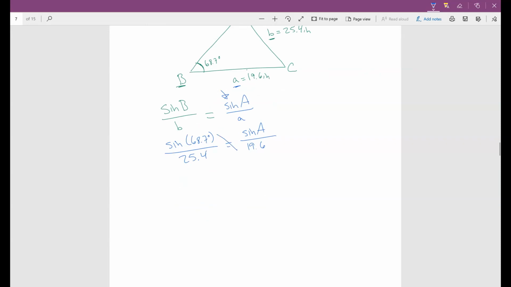Now we're going to cross multiply. We have 19.6 sine of 68.7 equal to 25.4 sine of A. I'm going to divide both sides by 25.4, so this goes away. So sine of A is equal to 19.6 sine of 68.7 divided by 25.4. Let's put it in the calculator: 19.6 sine of 68.7 divided by 25.4, and what you get is